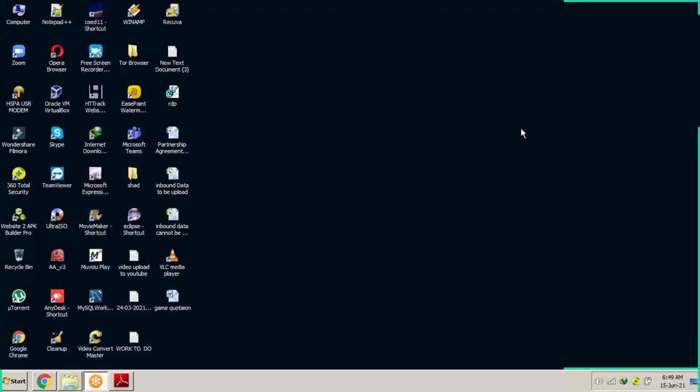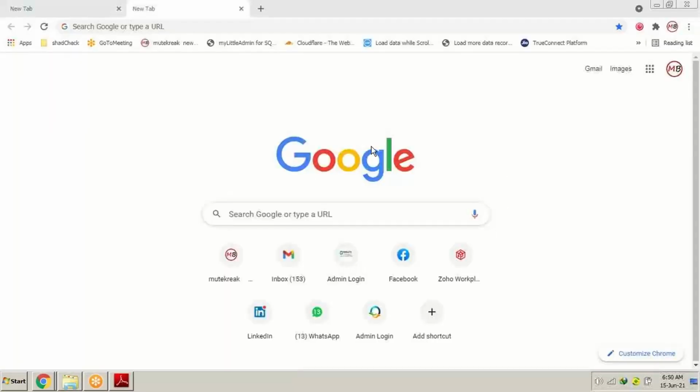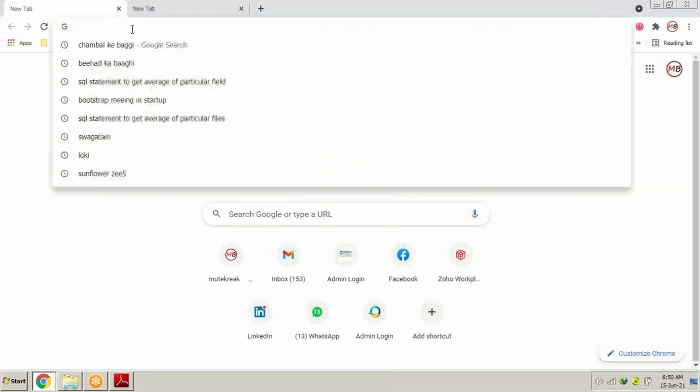I will open Chrome and then I will share my screen. So I believe you all can see Chrome over here.